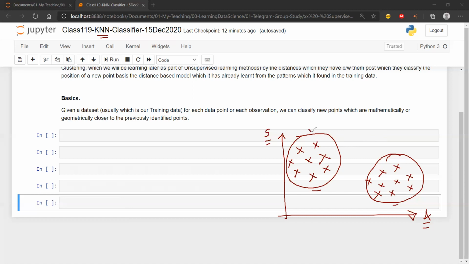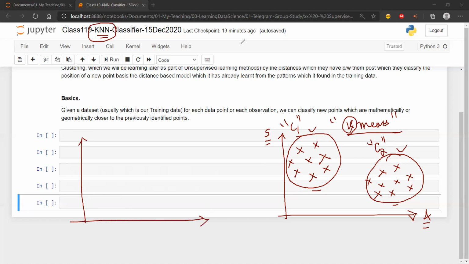Now, when we see things like clustering, these are the two clusters I've come up with. Let's say this is cluster 1 of my employees and this is cluster 2 of my employees. These are logical groupings, otherwise known as clusters. This methodology of clustering is also known as k-means clustering. So in this case also, this terminology k is what confuses people with k nearest neighbor, because the shape and size of how k nearest neighbor looks is almost similar. If I just draw my previous diagram, it is going to look like this, right?